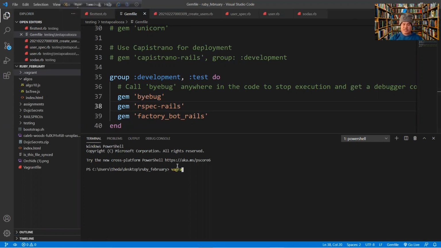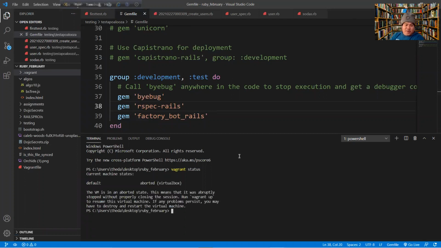First, I can check whether Vagrant is running. I can say vagrant status, press enter, and if it is running, we will know it is running. If it is not, then we have to bring up the Vagrant, okay? We see we have to destroy and start the virtual machine. Okay, aborted VirtualBox. Okay, aborted means